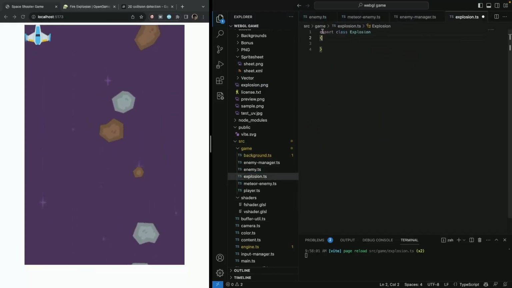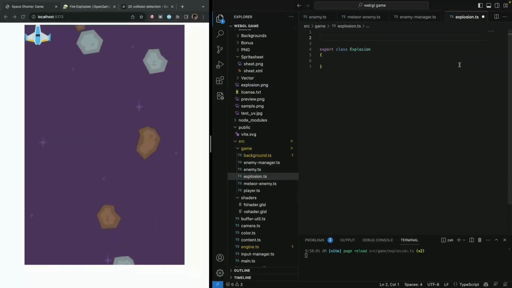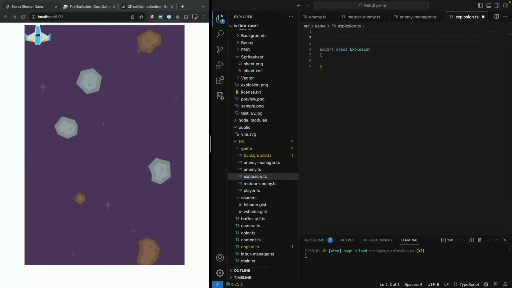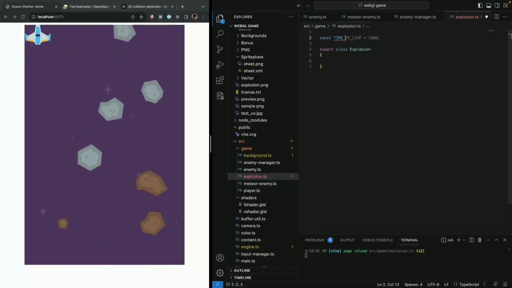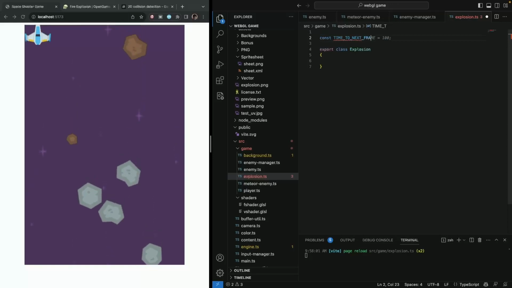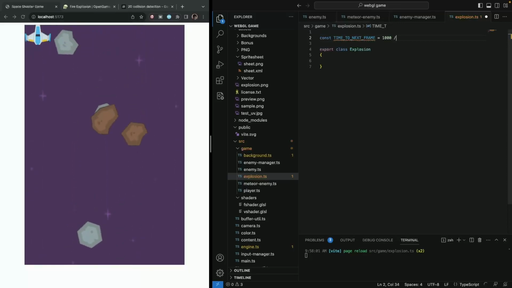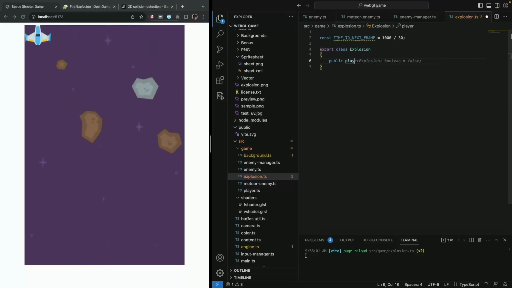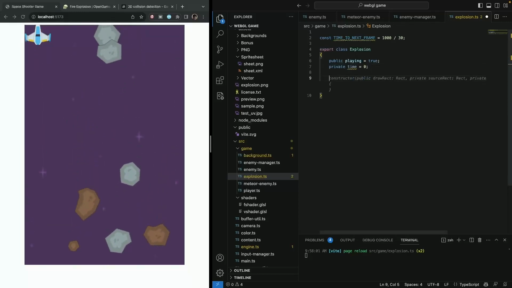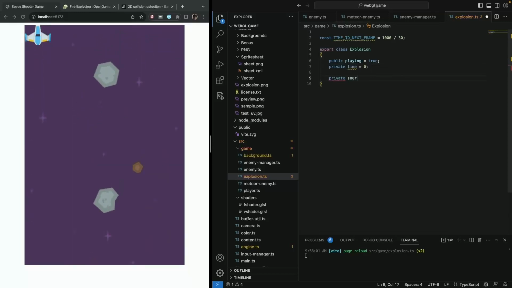So let's go to our explosion, and we're also going to use explosion manager here a bit later, but let's just implement the explosion fully. So we're going to have some time to next frame, and this sort of works good for me. It's going to be public, not private. Playing is true. Then we're going to have this idea of time to next frame, or just time. I'm just going to use time, but you can also call it time to next frame. It's a bit clearer, but